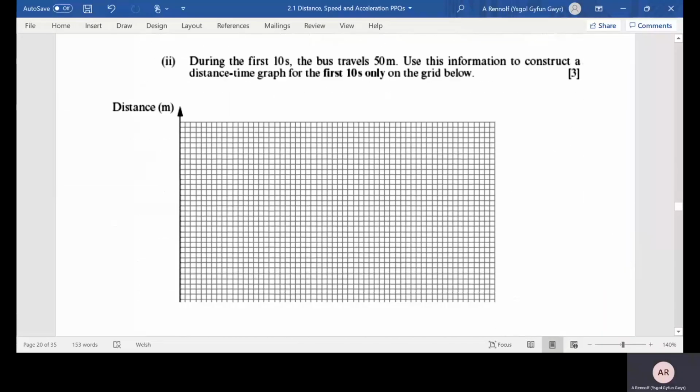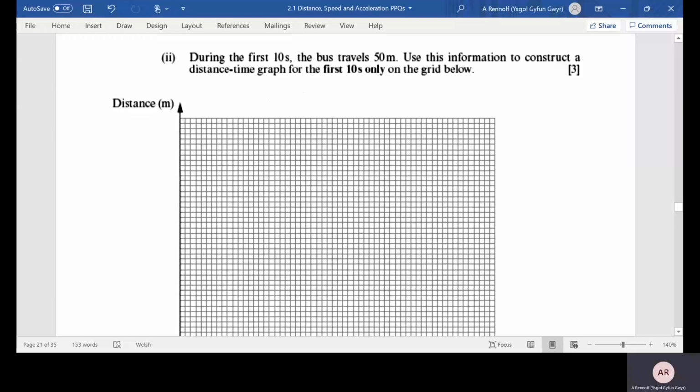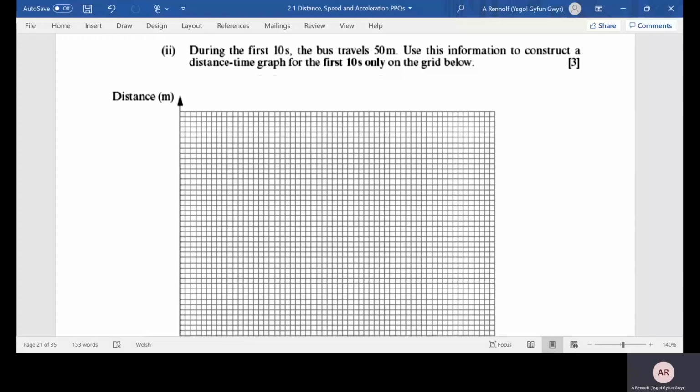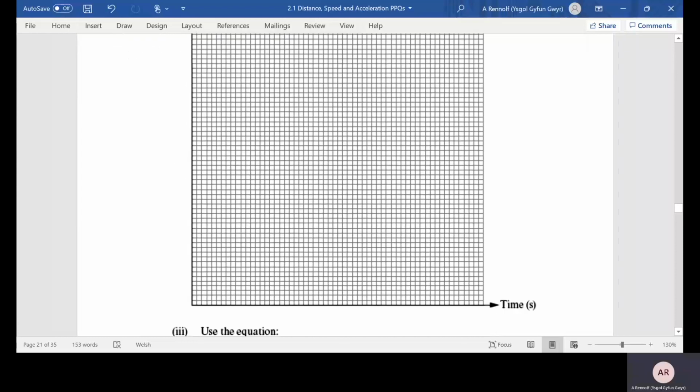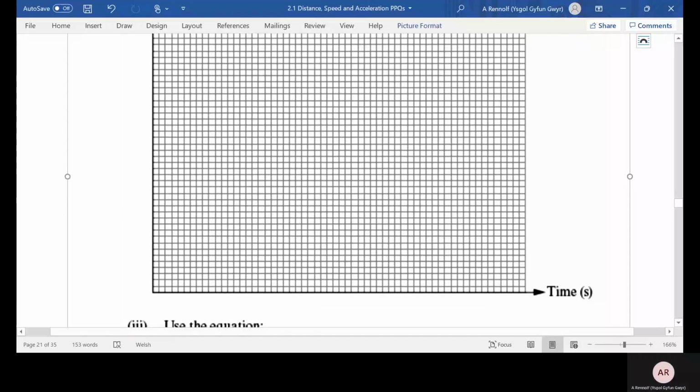Part 2 then. During the first 10 seconds, the bus travels 50 meters. Use this information to construct a distance time graph for the first 10 seconds only on the grid below. Distance time graph, this is a different kettle of fish. Our head's got to be in a bit of a different gear for this. Okay. So what we aim to do here, well, firstly, we've got to sort out our axes,